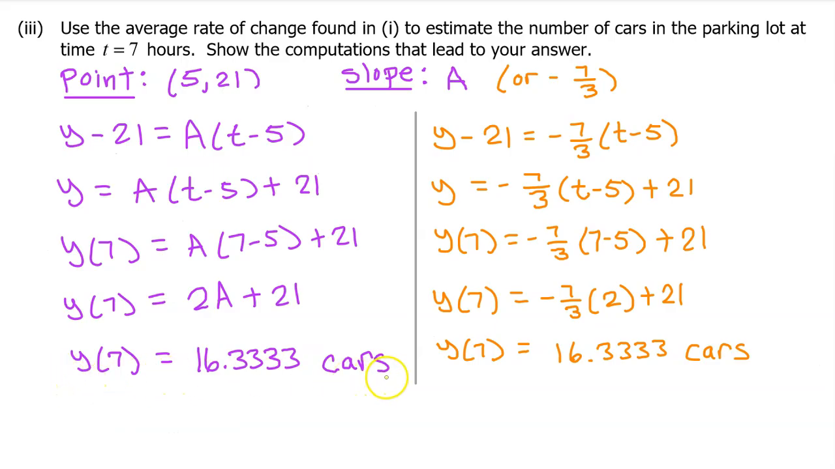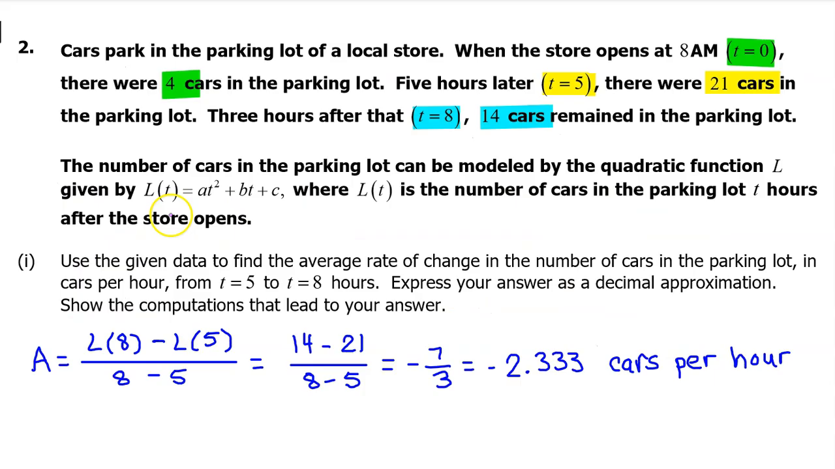That's the end of the problem, but before I end this video, I've been saying that we are using the equation of the secant line to estimate the number of cars at t equals 7 hours. But I want to show you graphically what I'm talking about. We can see that L of t is a quadratic equation, so it's some type of a parabola. But let's use the 3 input-output pairs that they gave us and a little quadratic regression to find an equation